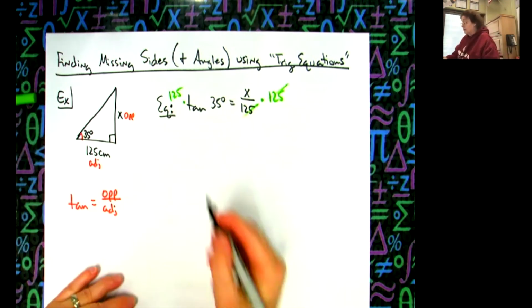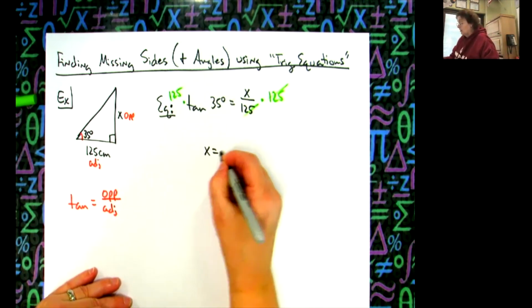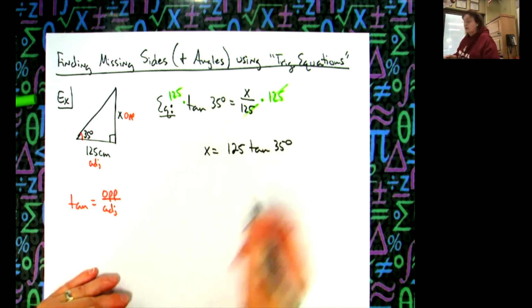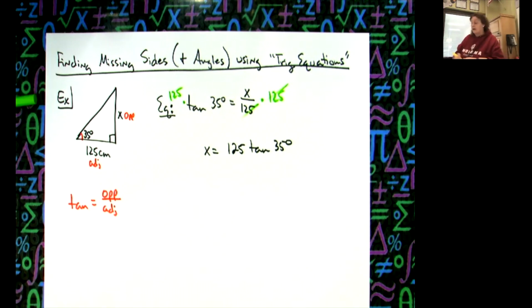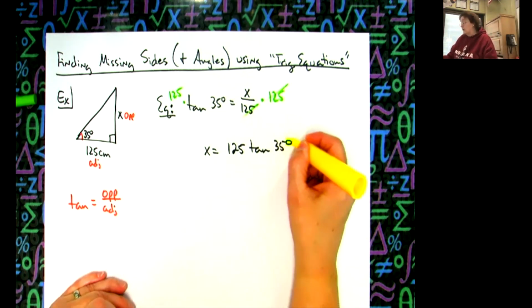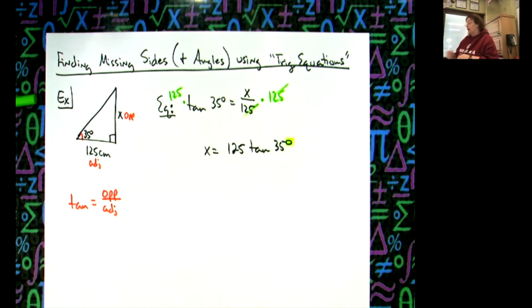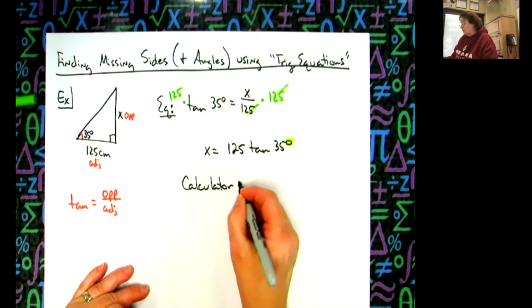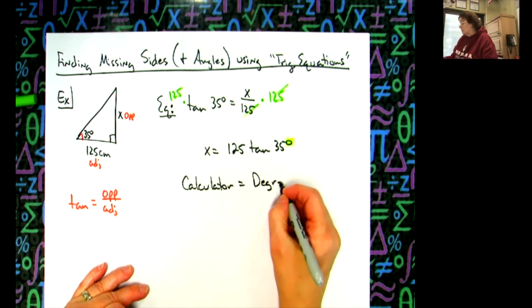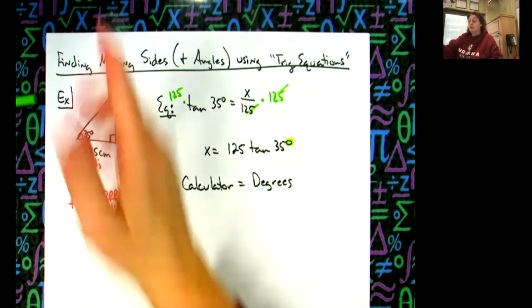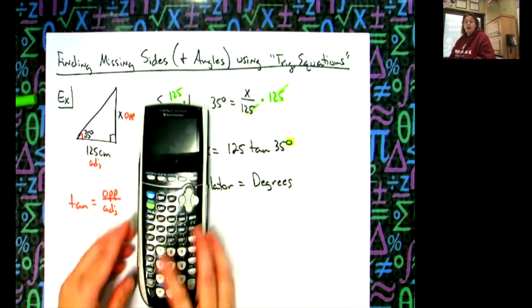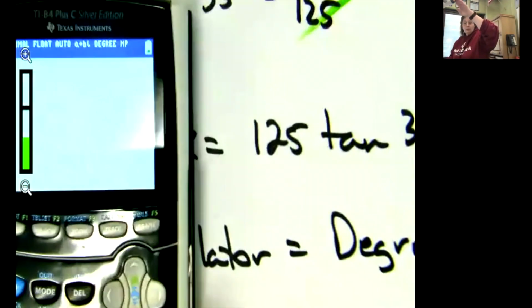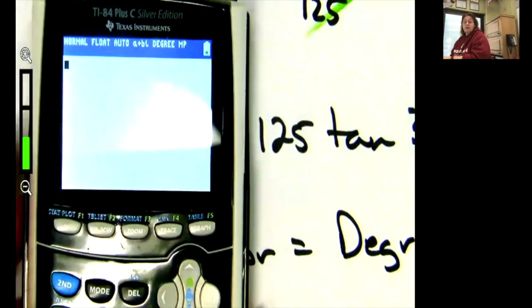So in other words, my X is going to be equal to 125 times the tangent of 35 degrees. Now the fact that I am in degrees, my calculator needs to be in degrees. Your calculator needs to be in degrees because the angle is in degrees. And like I said, you're not in the classroom right now. Prior to us going virtual, we were in the room, and most of the calculators would have been set to